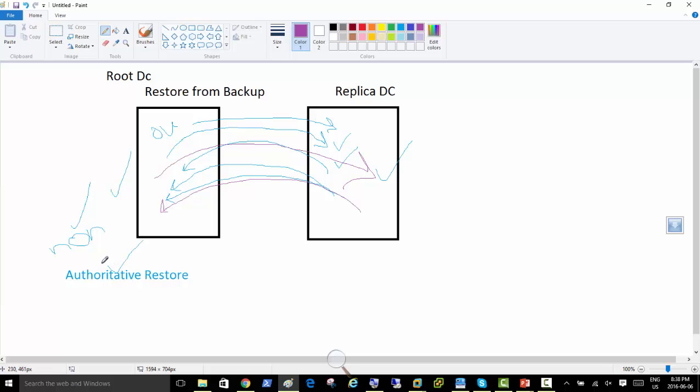But whenever we're really sure that this is what we want other domain controllers to accept as well, then we do authoritative restore, right? So we understand the concept, right? We are doing an authoritative restore and we want other domain controllers to accept what we recovered and not reject that, or give me what the other domain controllers have, which is against our